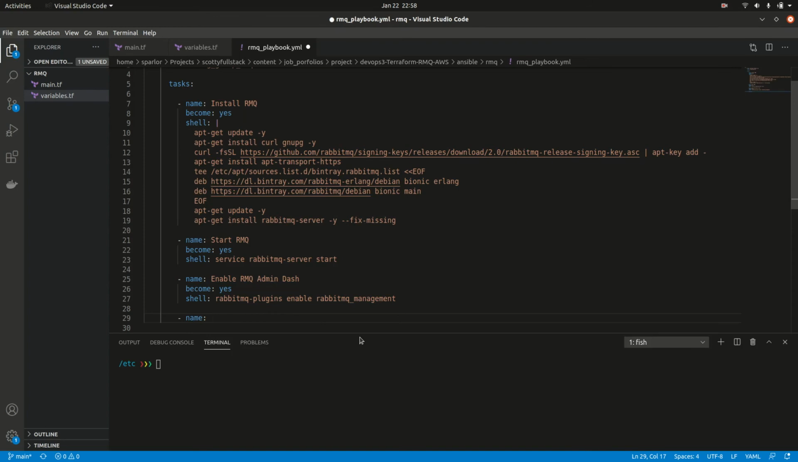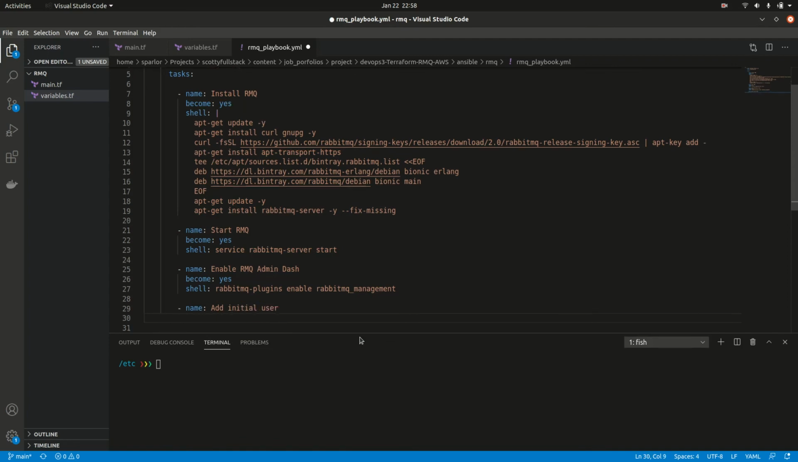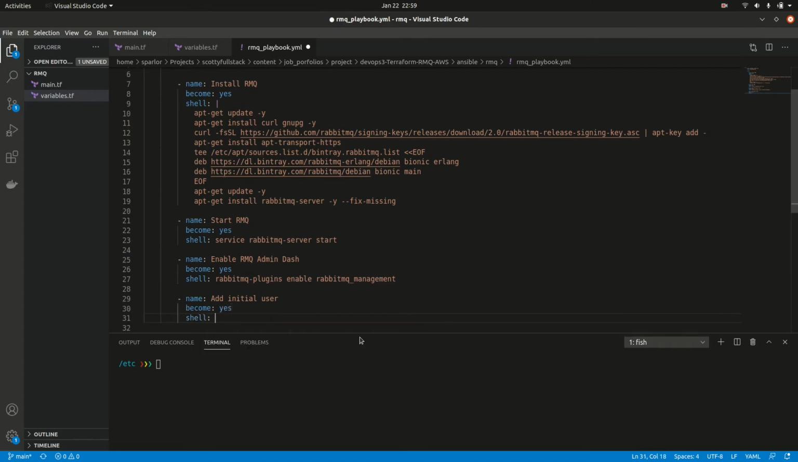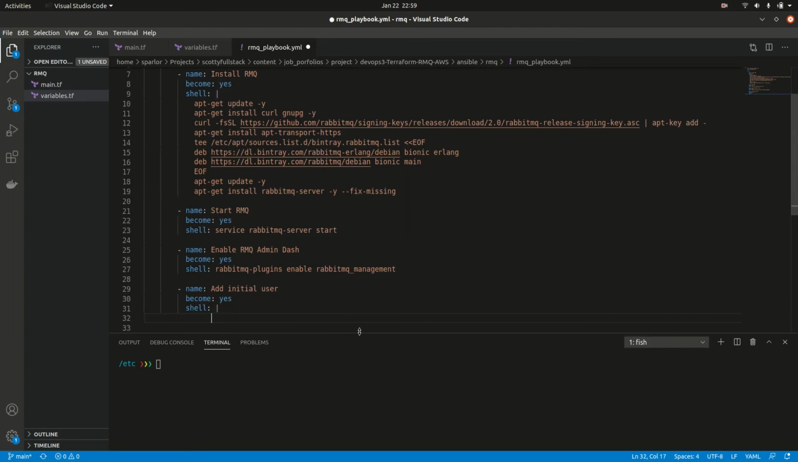Now again, you could SSH in, and as root you can run the RabbitMQ service in the command line of your EC2 instance. But in my case, I'm just going to go ahead and conveniently add an initial user here. So for name, what it's going to be is become yes, and then another shell. In this case, we want to do multiple lines, and